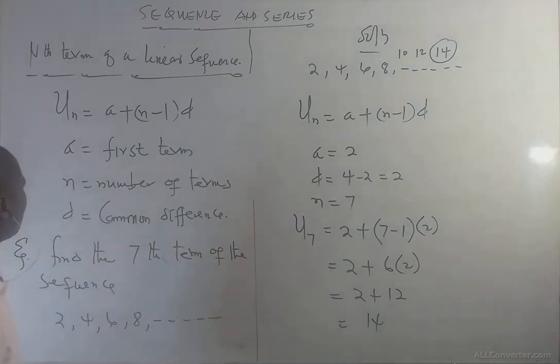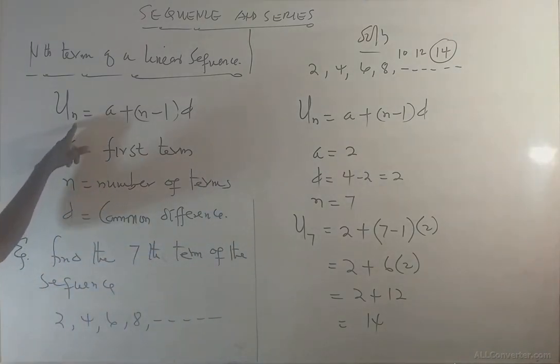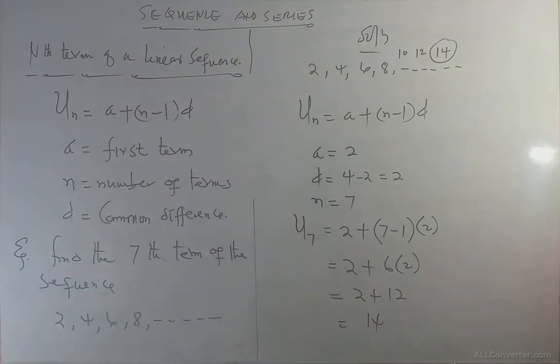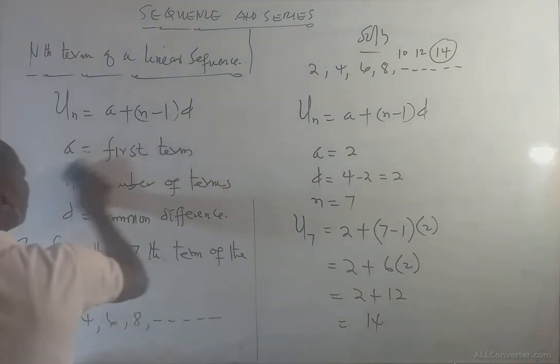So the formula for finding the nth term of a linear sequence is given by un equals a plus (n minus 1)d. Okay, now